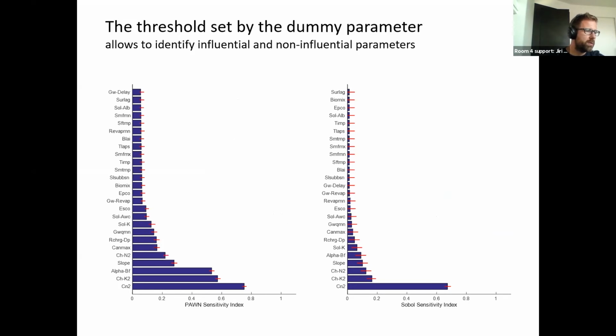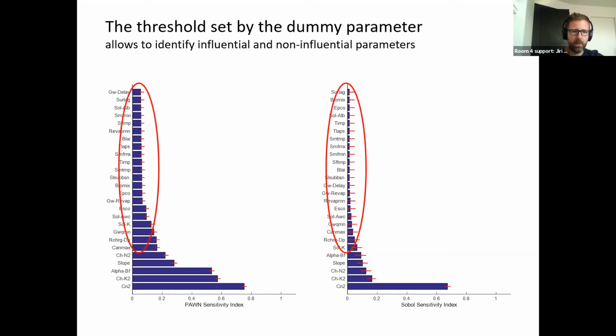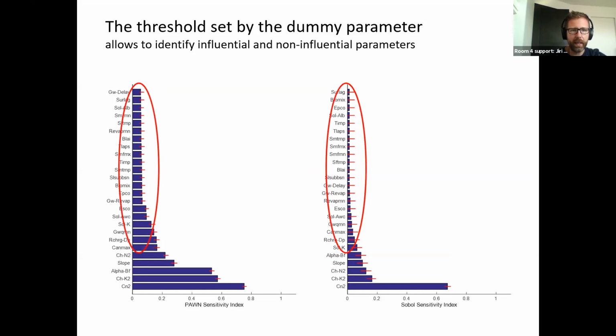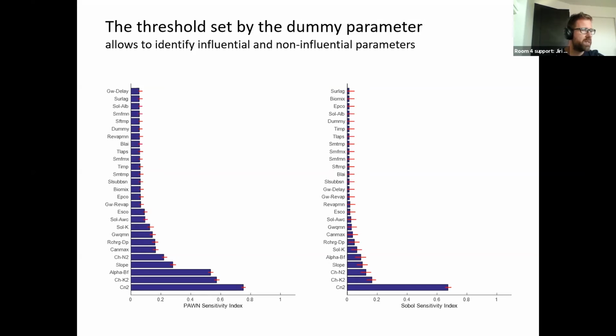the left-hand side, the Pond sensitivity index, and the Sobel sensitivity index at the right-hand side, there is a certain amount of parameters that seem to have some sort of influence. But if you look at it, it's hard to say where does it really end, where is this influence and where is this threshold necessary, and that's where this dummy parameter really can help, because if we add here